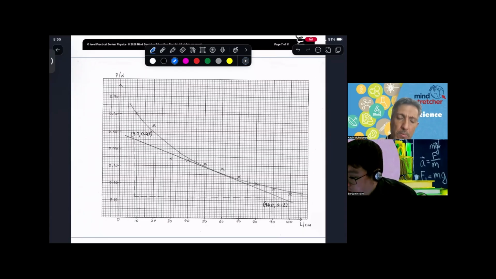When taking values from the graph, do you always record the precision to half of the smallest square? If not, when do you do it? From the graph, taking values from the graph. When you are taking values from the graph itself, you try your best not to take values from